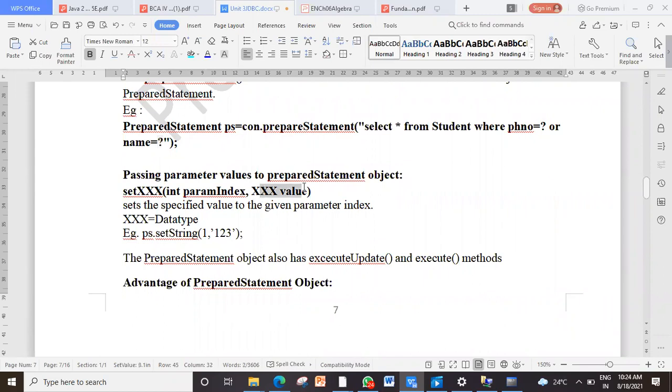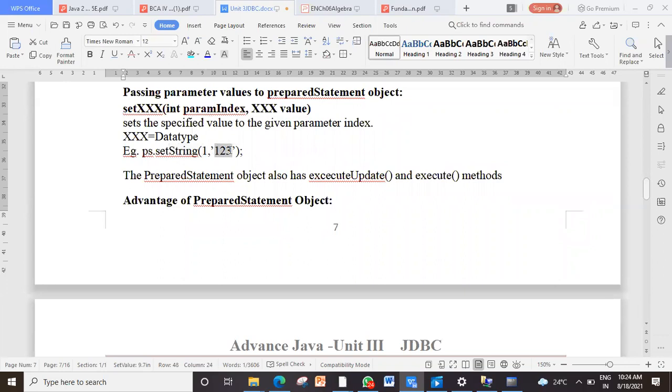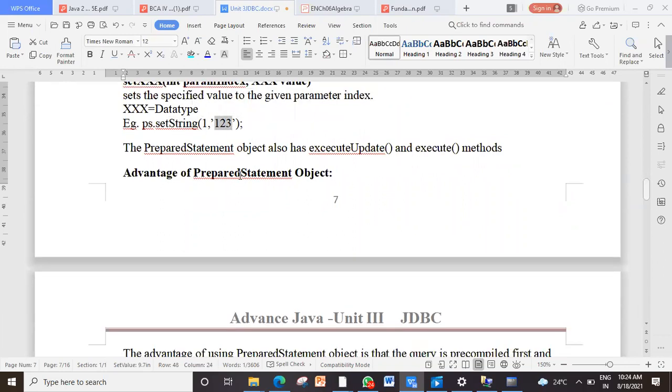And then I have to pass the actual value. How? setString 1 comma 1, 2, 3. Fine. setString. String means the varchar value. Clear? To which parameter? To the first parameter. And the value I want to pass is 1, 2, 3. Why?